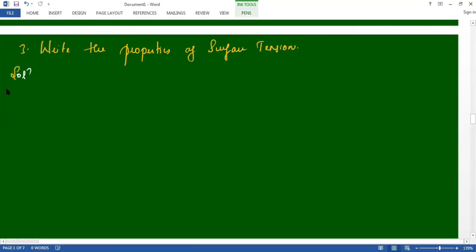It is a property of the surface of the liquid that allows it to resist the external pressure. So, what is surface tension? Basically, surface tension will resist the external pressure or external force due to the cohesive nature of its molecules. Because of what? Because of the cohesive nature of the molecules.